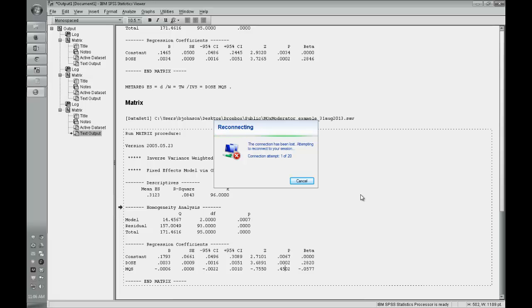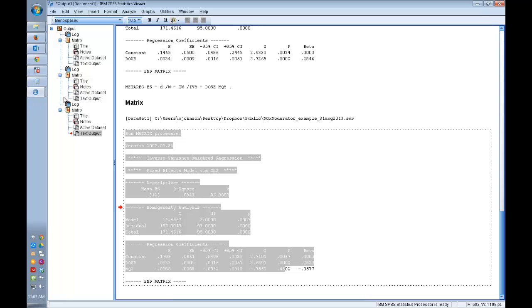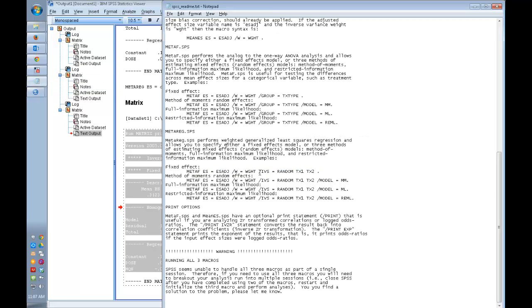Now, there's one more thing I'll show you if I can get back onto, there we go. In Wilson's README file, it shows you how to do them in other formats. We've used fixed effects models right now. He has 3 different versions that you could use if you wanted to try to use random effects analysis, or